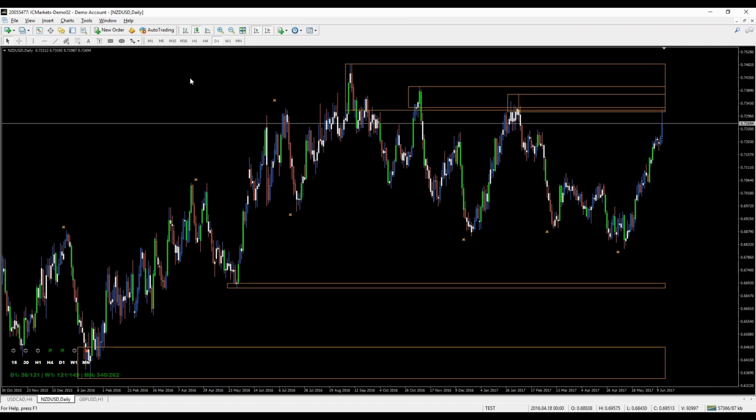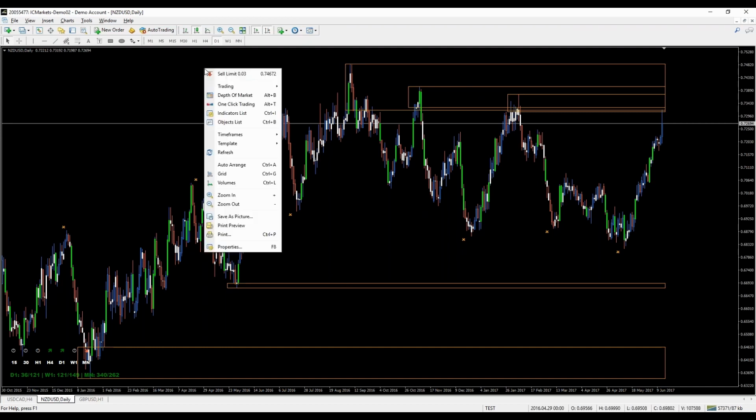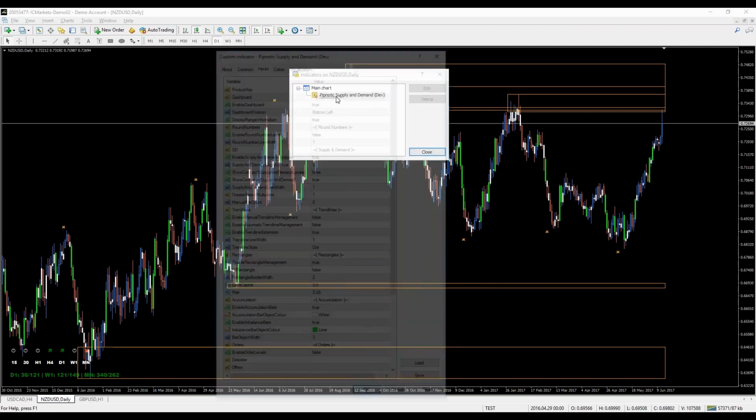So you'll also notice that a lot of these levels are color coded. And this is simply to help me differentiate between the different time frames visually, but I'll come into that in more detail in just a second. Okay, so if we go back